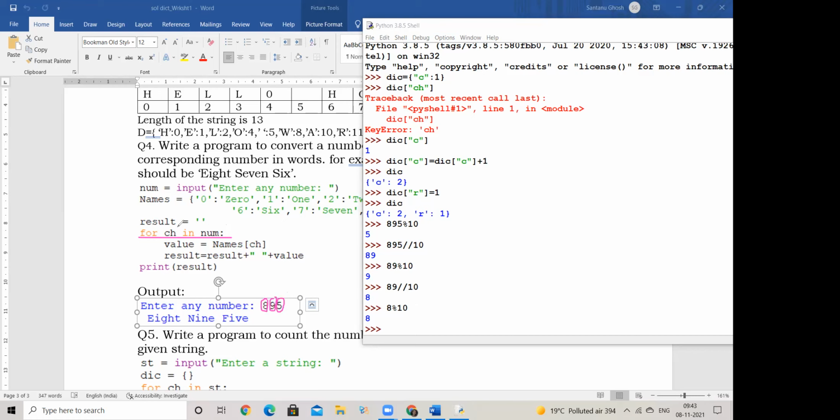Right? It automatically picks up. Like first time when I'm going to use a for loop for this 895, supposedly the input is 895, my ch will be 8. And here the value actually comes out in reverse. In this manner, as you can see, it's 5 first, then 9, and then 8. So it has been extracted in reverse. But in this manner, I am able to extract the number in the straight direction only.